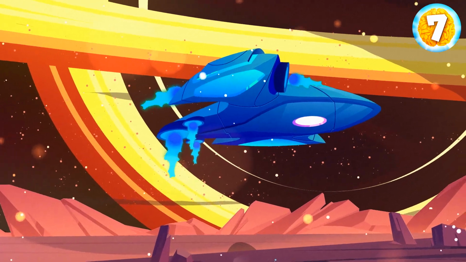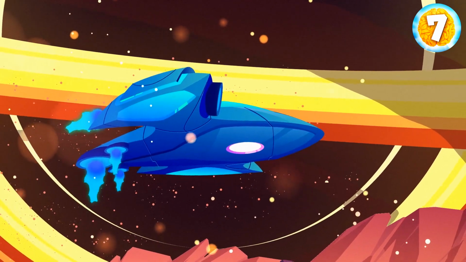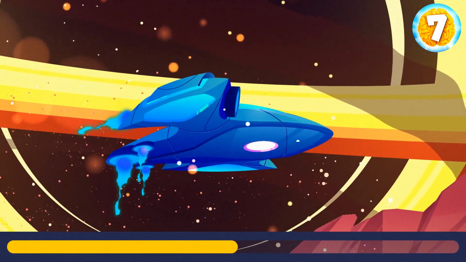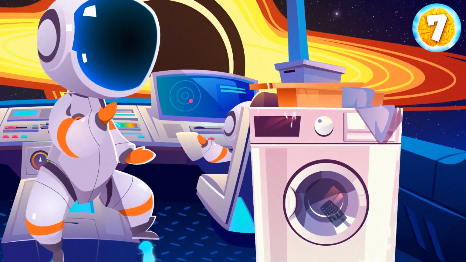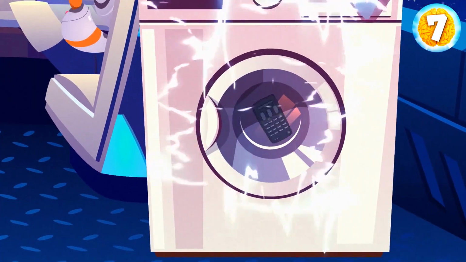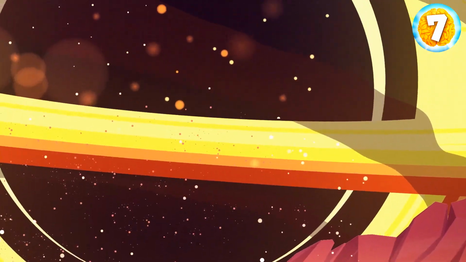The gravitational force of the black hole is growing. Your ship doesn't have enough power to leave this place. What should you do? Use the washing machine. This is also a teleport that can transport you to any point in the universe. You quickly read the attached instructions and open the settings. It worked! Your ship gets teleported to…